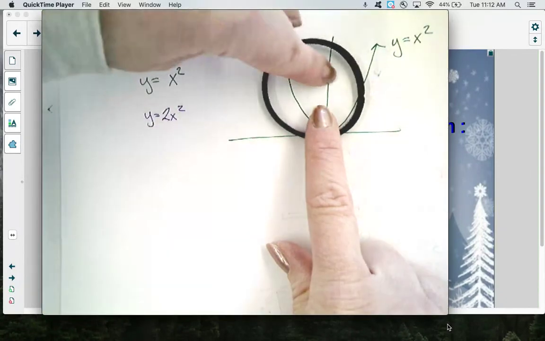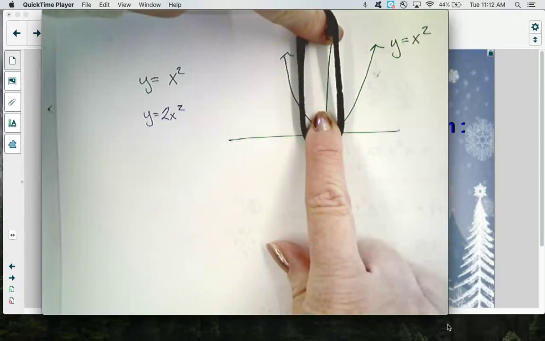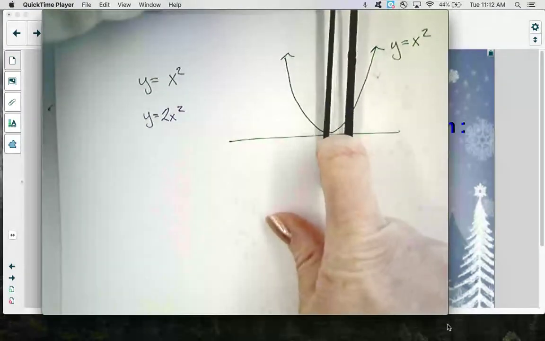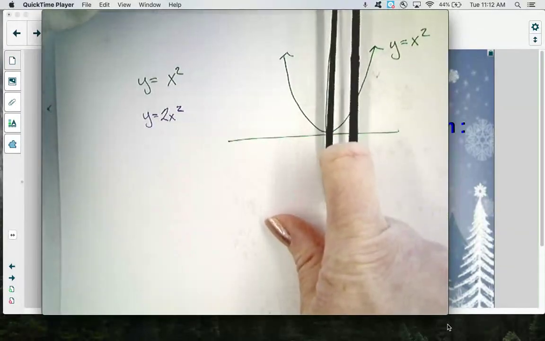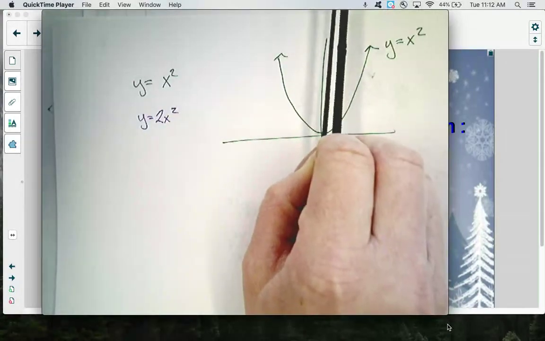So what I'm doing is if I multiply the y values, keep the x values the same, but multiply the y values, you see how it gets narrower? And if I multiply the y values by 3, it's going to get narrower, and I'm going to try really hard not to, Amelia. And if I multiply it again, do you see how it's getting more narrow and more narrow? Okay, so